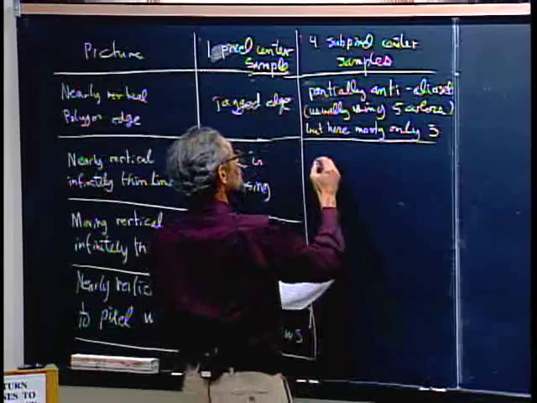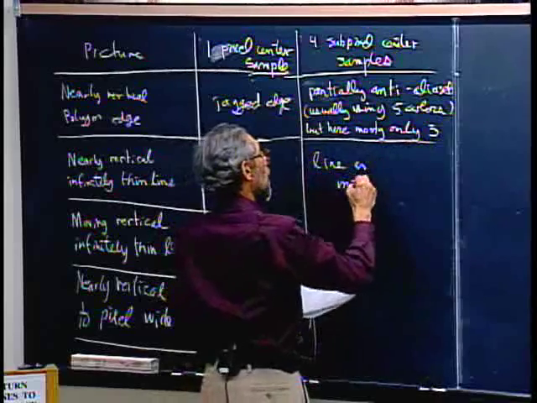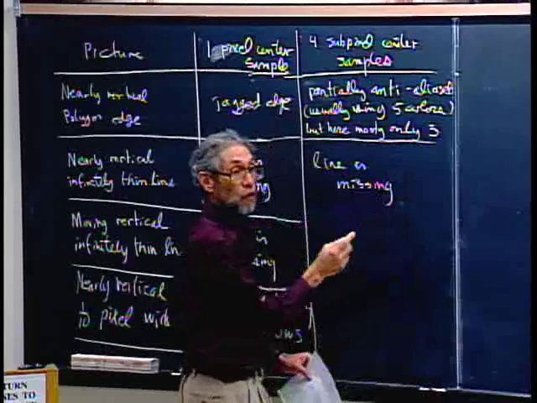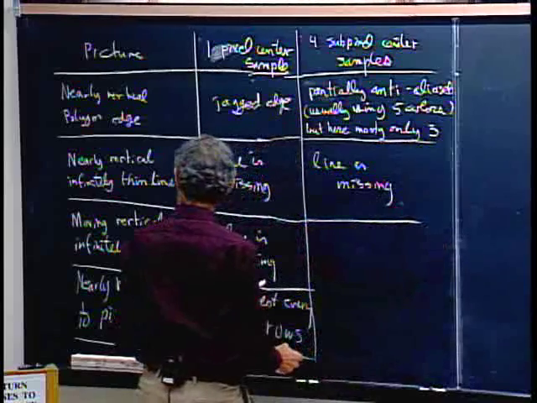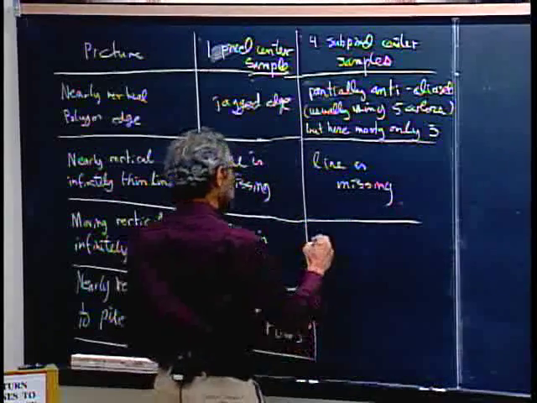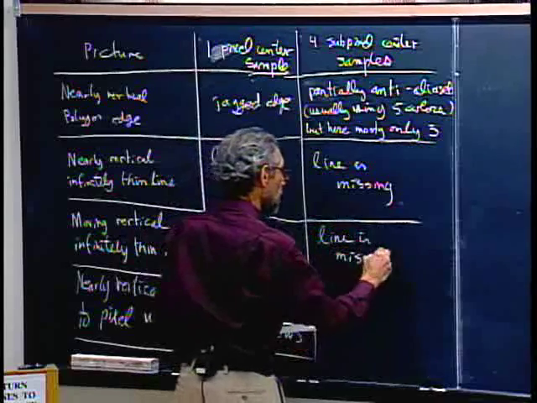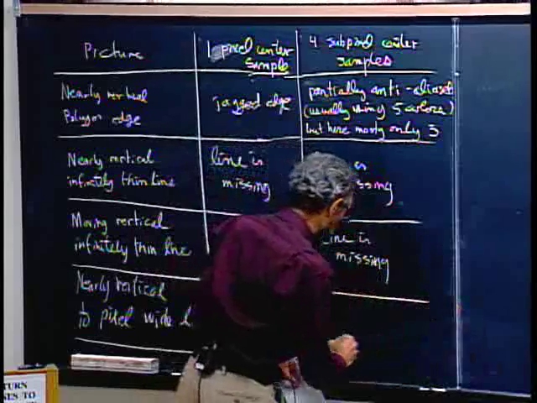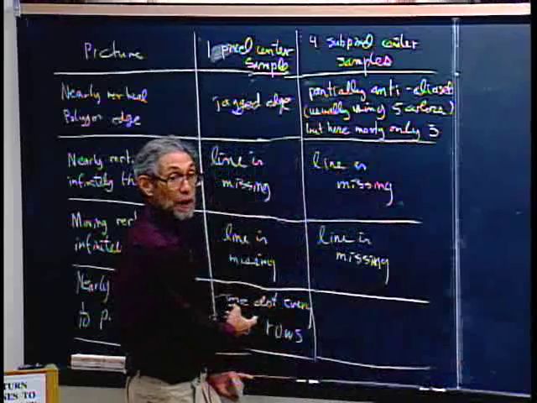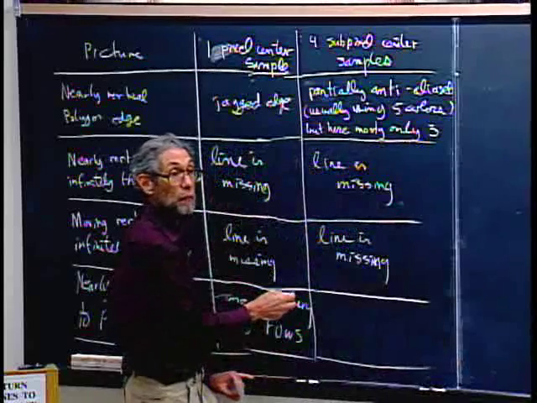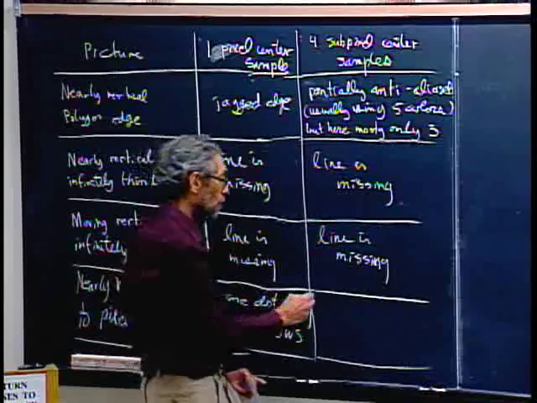Okay, for this infinitely thin line, the line is still missing, right? Because even those 4 subpixel samples, it's not going to see. Moving vertical line, still missing. And what about now? This will be 4 possible places. It's thin. It's probably in a given pixel going to cover only 1 at most. So mostly